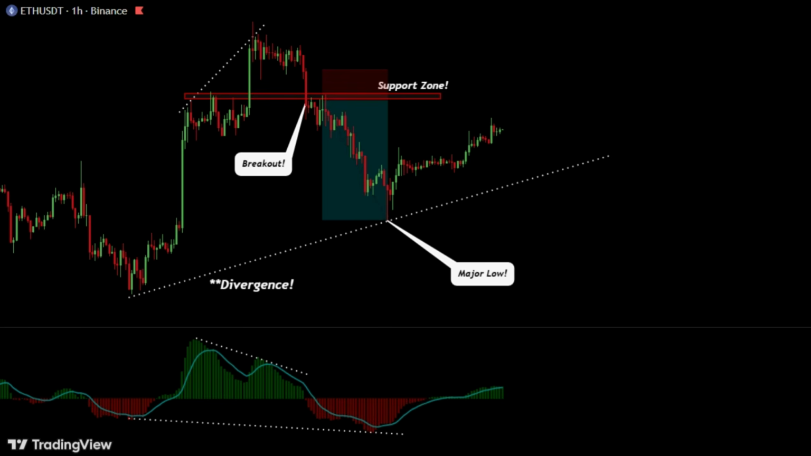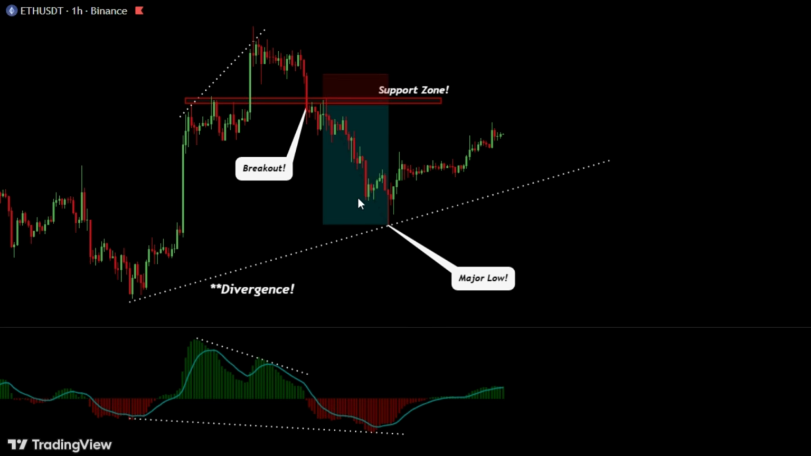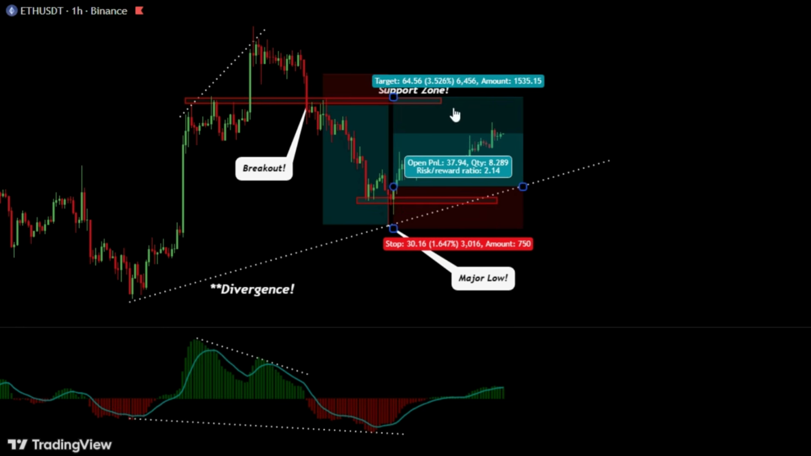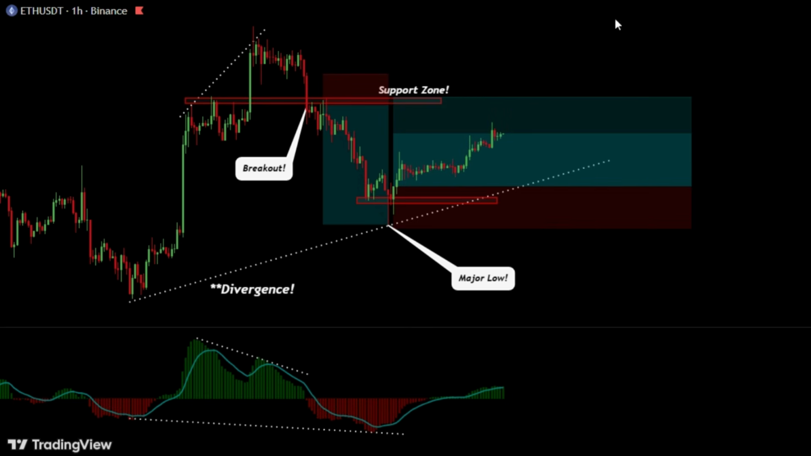For a potential entry, you could use the pivot created by this minor swing low. This is a live Ethereum trade on the 1-hour time frame, so you can check the chart later on and see how far the price moved. At the very least, the expectation would be the price to retest the previous support zone, which is now acting